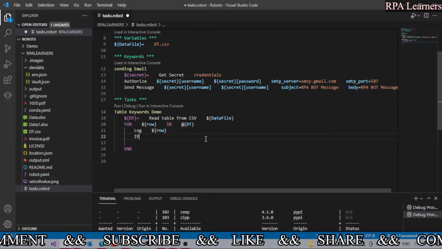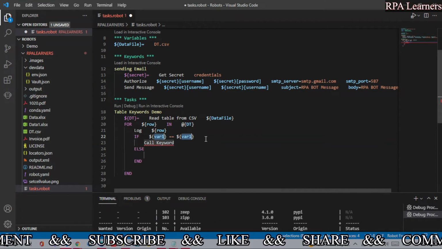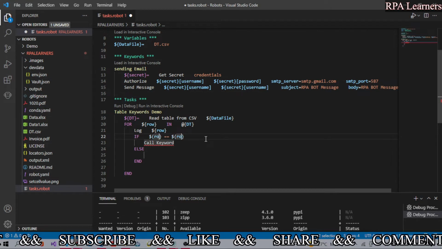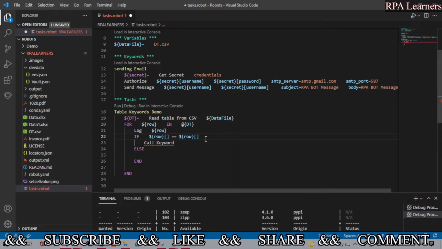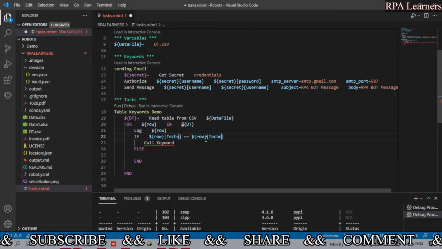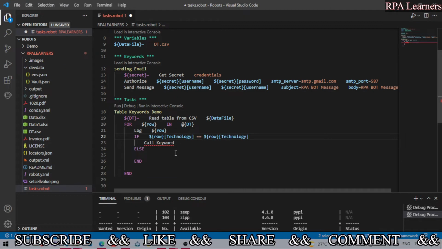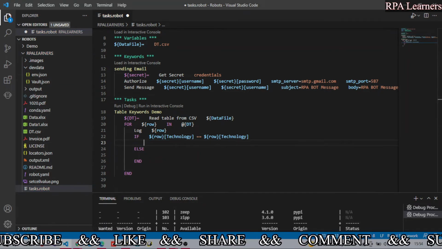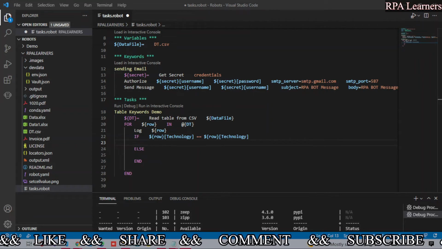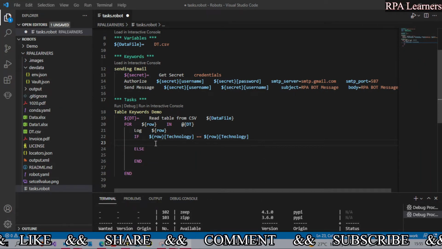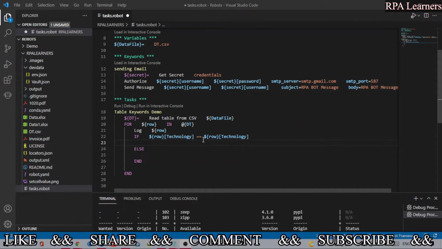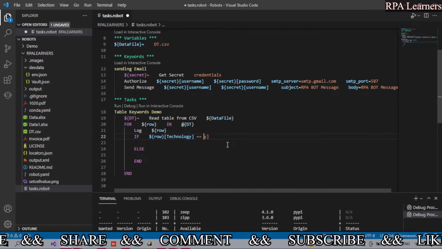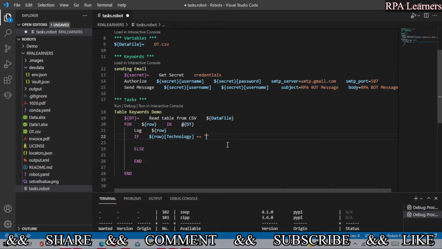Let's use an if condition here, if else statement. If the variable, what is the variable? We need to get the row value, which is row, and we need the technology column value. So we need to mention it as technology, and let's remove this. We are not looking at row of technology equal to row of technology, but we are looking at row of technology value is equal to a particular string or not.